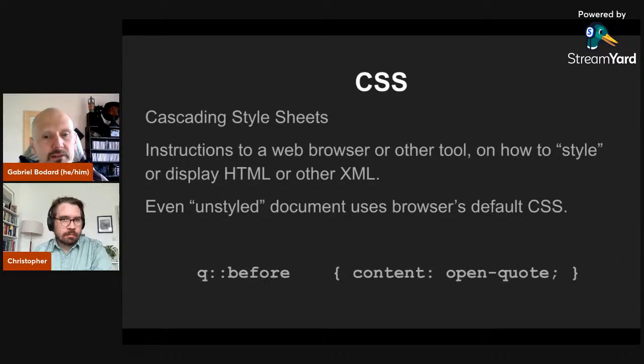And another slightly more complex example here is something that's called a pseudo selector. This is saying when you find a q element, this is not what you should do to the content of the q element. This is what you should do to this imaginary entity, which is the space immediately before the q element. And it's saying replace that space immediately before the q element with an open quote. And it'll do the same with q after with a close quote. So this is saying put some text content immediately before or immediately after an element when you find it. So these are the sorts of things